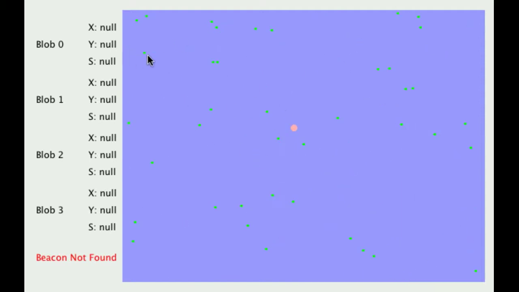This is a Java program that's running right now, taking information from a Rocket brand WiiMote sensor plugged into an Arduino Uno. That information is being taken into a Java program, and the Java program is displaying this GUI. The WiiMote will put out 4 different blobs, and what we have right now is a particle filter